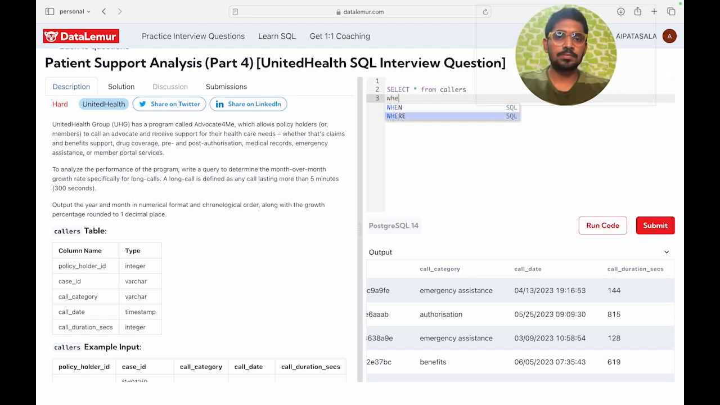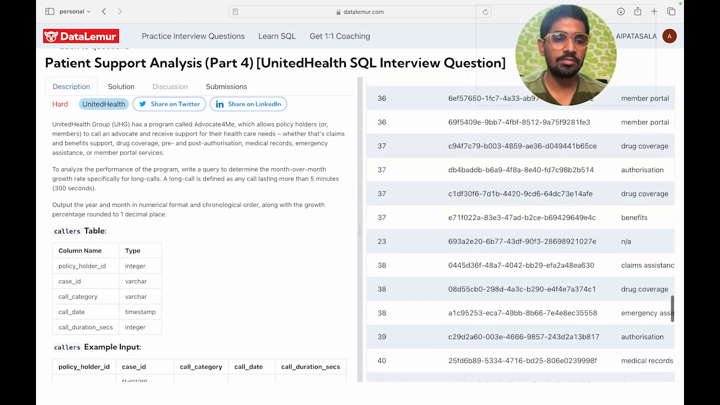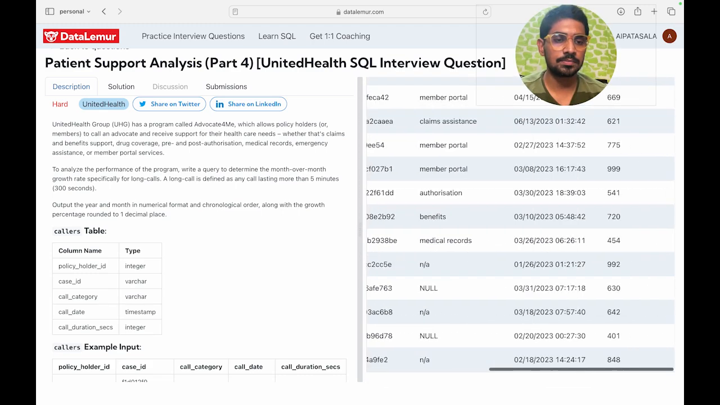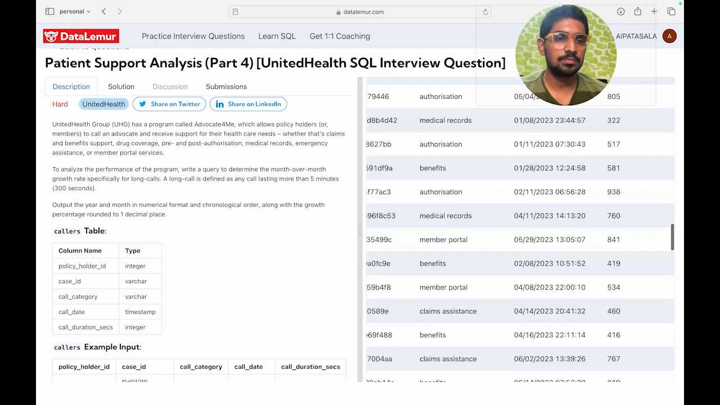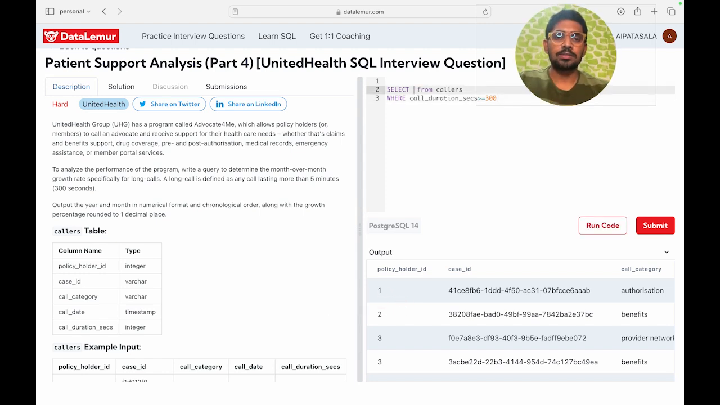where call duration is more than or equal to 300. So right, these are the calls that we need to analyze. And then we need to order by month. So let us see